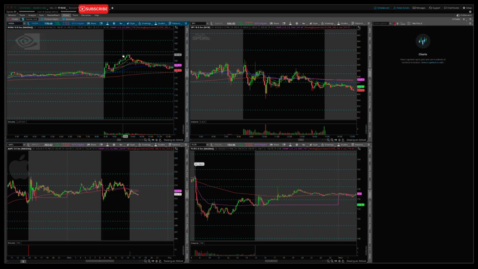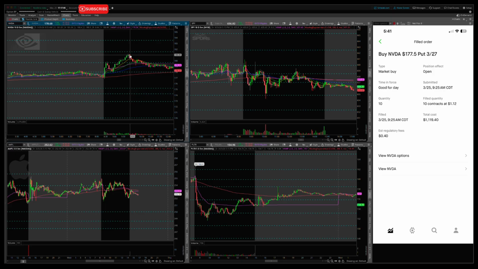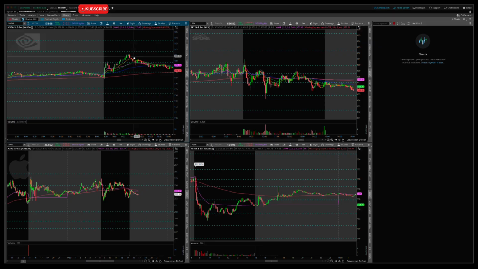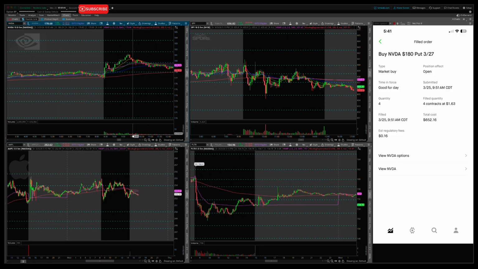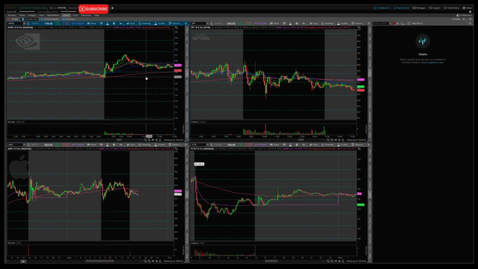And I almost got stopped out on this trade. If it would have pushed this green line, I would have stopped out. But I got in right here. It was a decent entry. But we pushed. And then once I saw weakness right here, I added on this red candle. And pretty much my stop was just high of day or this blue line. And then I ended up taking profits right down here for like, I believe it was like a 15% trade.